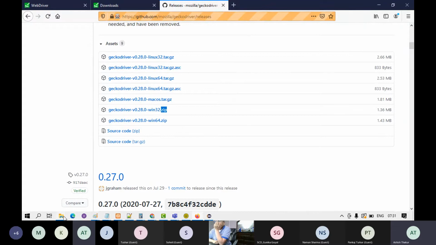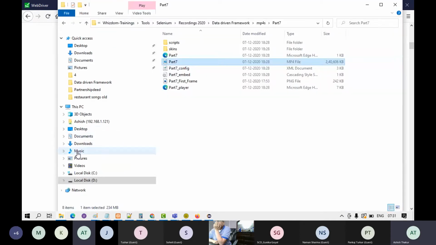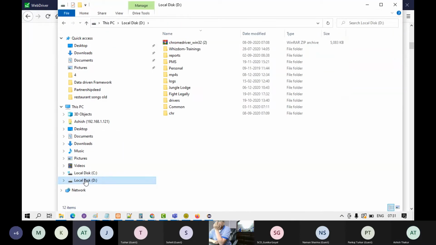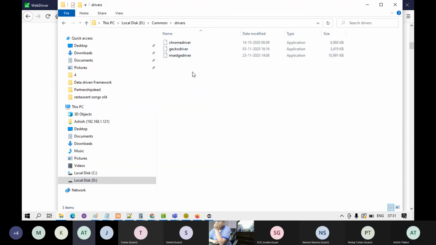Okay, and you can keep it in your PC, like for example in my PC I've kept it over here, the exe file, geckodriver.exe. Okay, so you copy this path